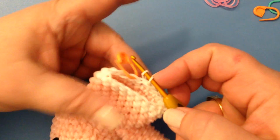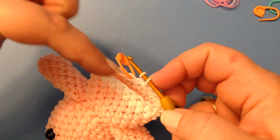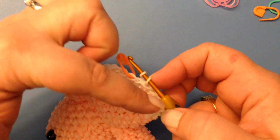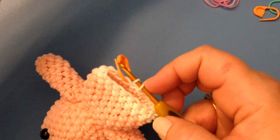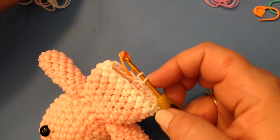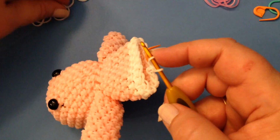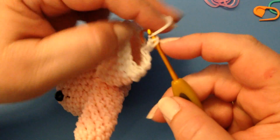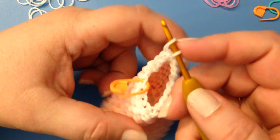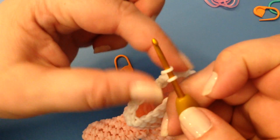Now, if yours is not in the right position, you can either go forward a stitch or 2 if you're just 1 or 2 stitches away from it, or go around to the next bit, whatever suits you. Okay, I'm now going to chain 3. 1, 2, 3. If I hold this straight so it's not twisted, I can take my stitch marker out for a second,